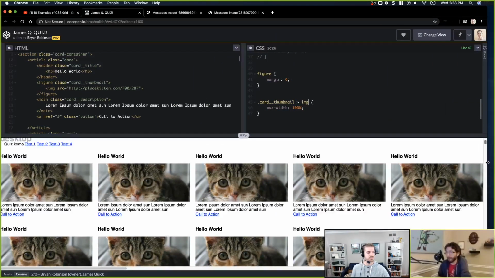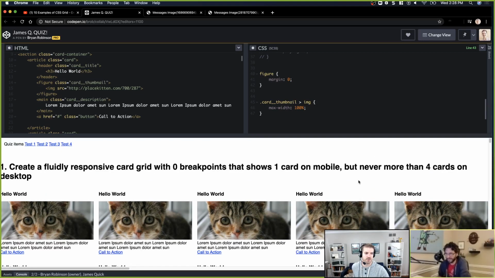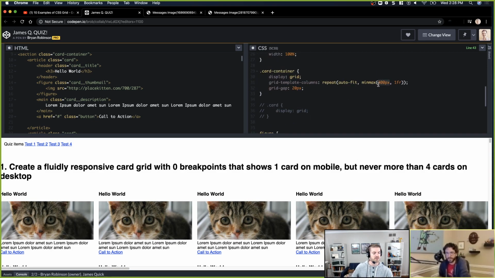So when I read that earlier, my thought is, what did I say the minimum was, 300 pixels? So yeah, if we say the minimum for a card is 300 pixels, and by the way, somebody in the chat let me know, is this code too small to read? It looks like it might be a little bit small. Let me know if I need to zoom in.